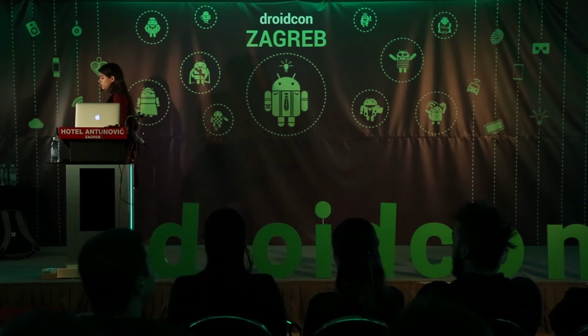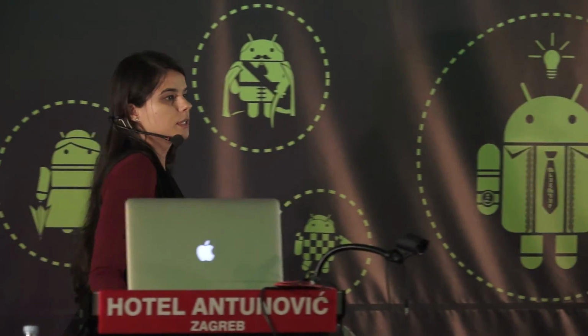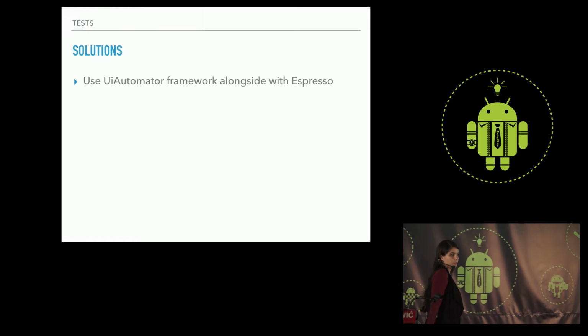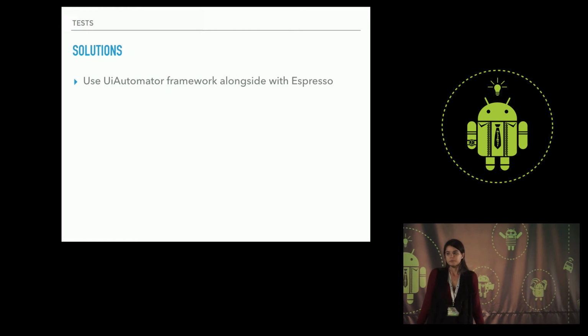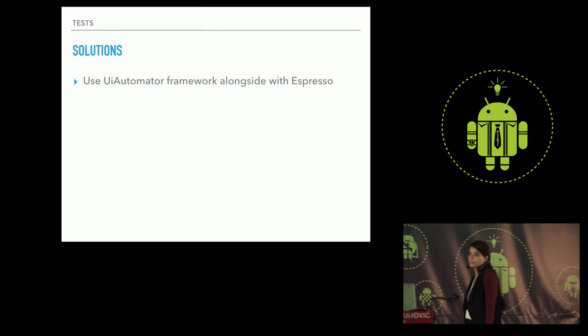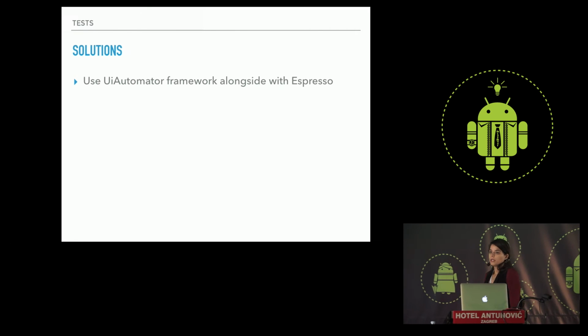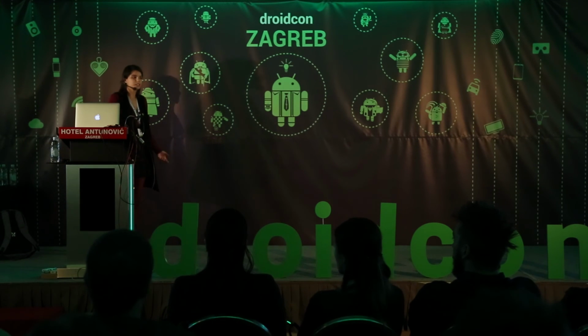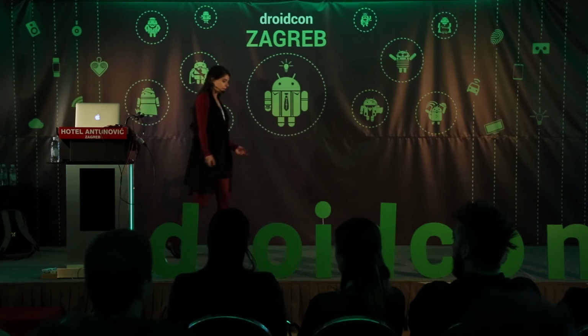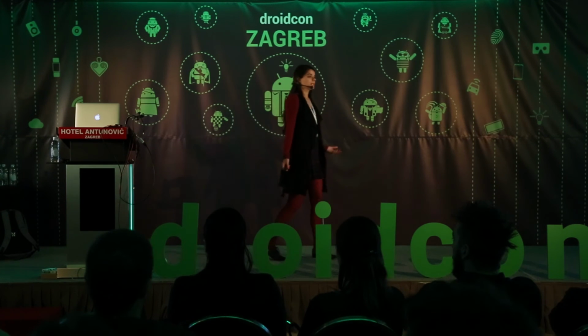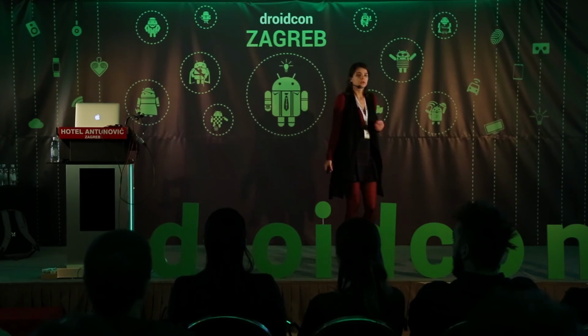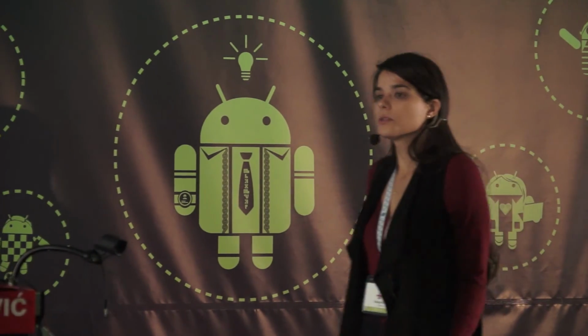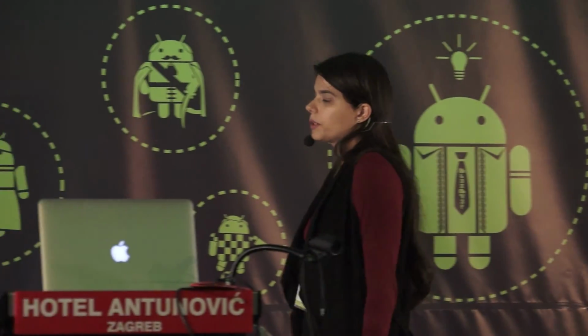So how did we fix this? Actually, the solution for the first issue was quite obvious. There is a UI Automator framework designed for cross-app functional testing, and it works well with Espresso. So you just need to fetch UI Automator objects. For this system dialog, there's a quite nice API as well, so you can fetch them by text, deny or allow, or use some SDK tools to find specific resource IDs for these views,